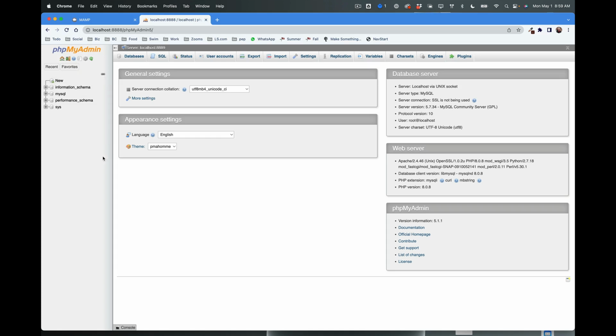On your screen, there may be fewer databases over here. There may even be none showing up, but that's fine. Don't worry about that. What we're going to do is create a new database. So we're going to click the button that says New,